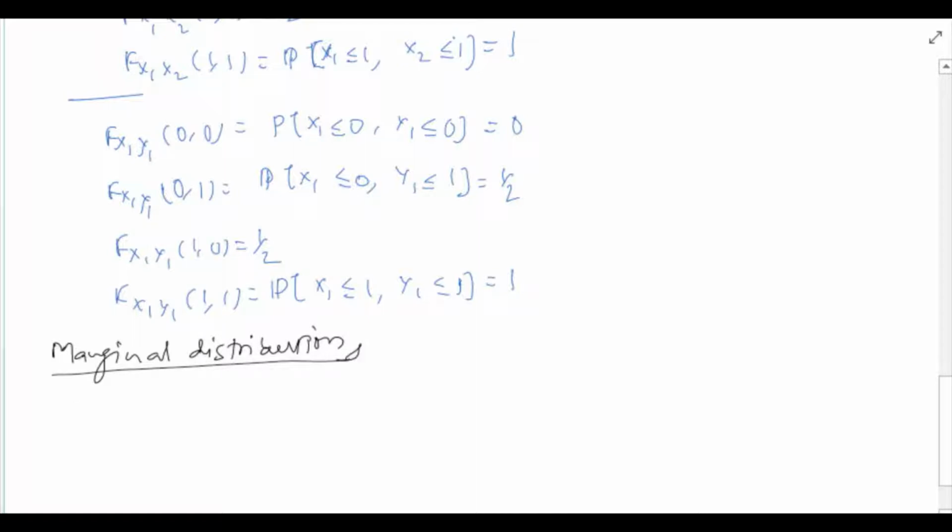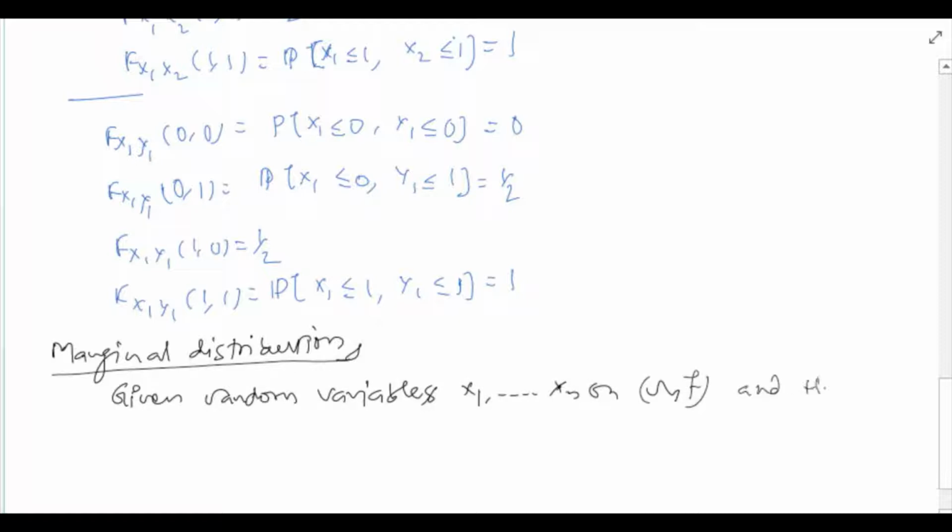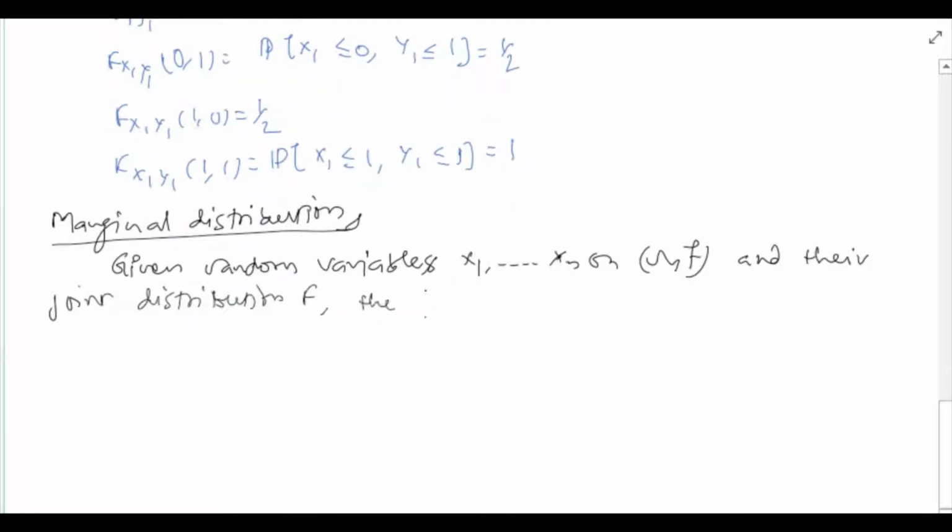Suppose we are given n random variables on the same space and their joint distribution is f. So given random variables x1 dot dot dot xn on the same probability space and their joint distribution is f, then the functions